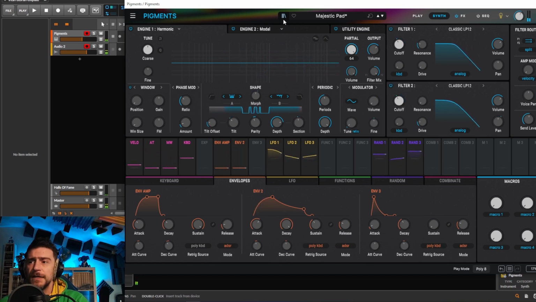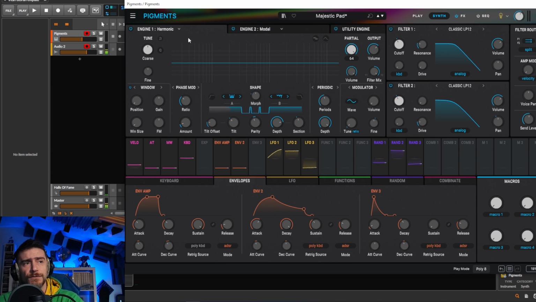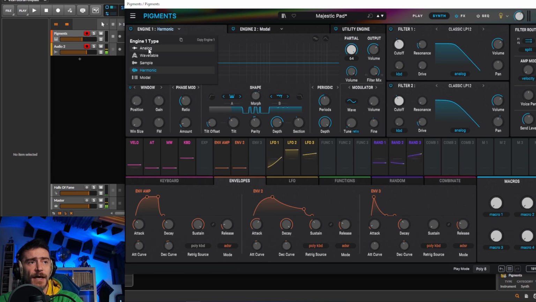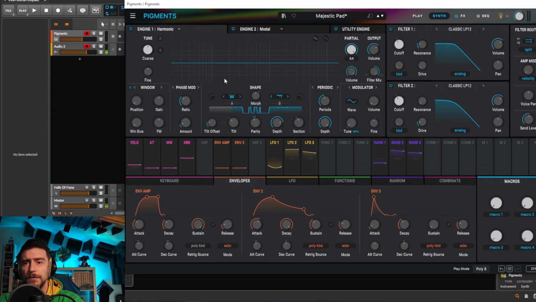So here we have it. It's quite a thing. It's come to the 6th version of itself. It was released in, I remember, was it 2017? And it was originally a much smaller synth. It only had this analog and the wavetable engine and a lot less features, and now it's a much more full-fledged instrument, and in my opinion a lot more interesting, especially since in a couple of versions ago they added